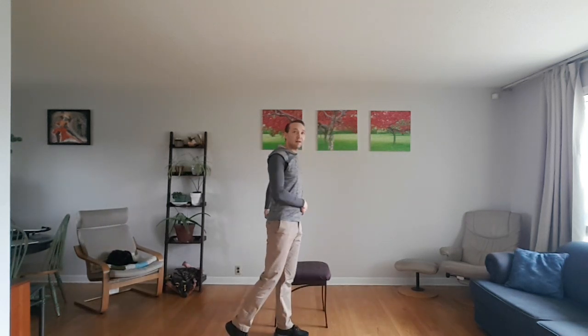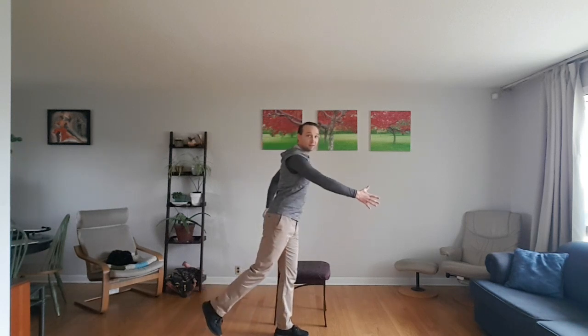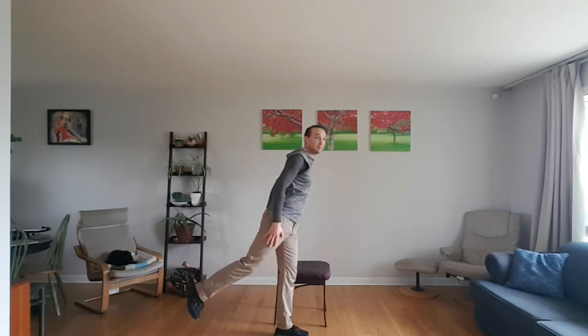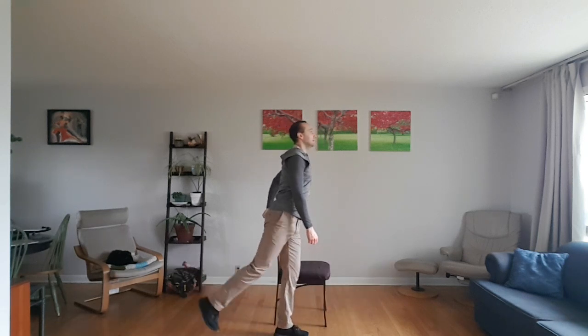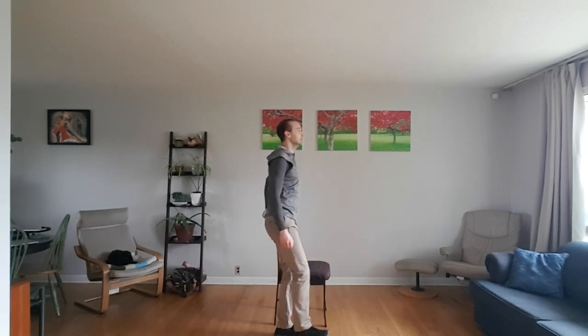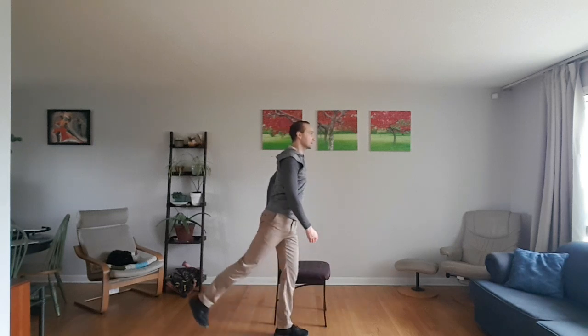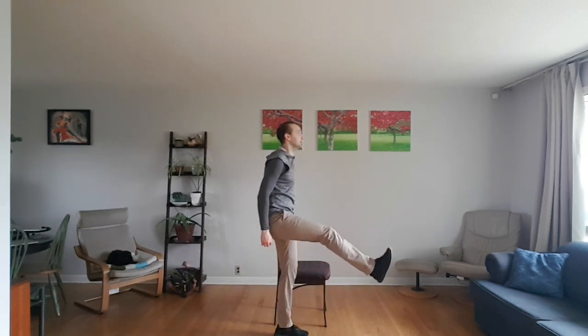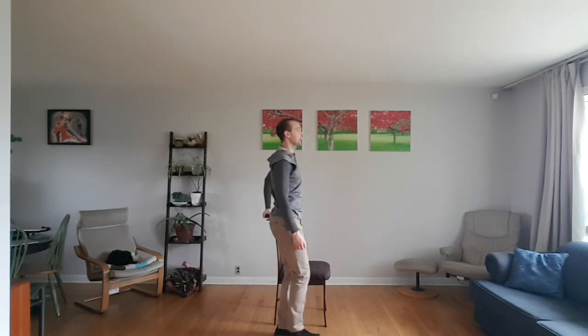I'd like for you to stand on your left foot and swing your right foot or whole right leg as far forward and backward as possible, counting backwards from 90, 81, 72, 63, try to hold good posture here, 54,